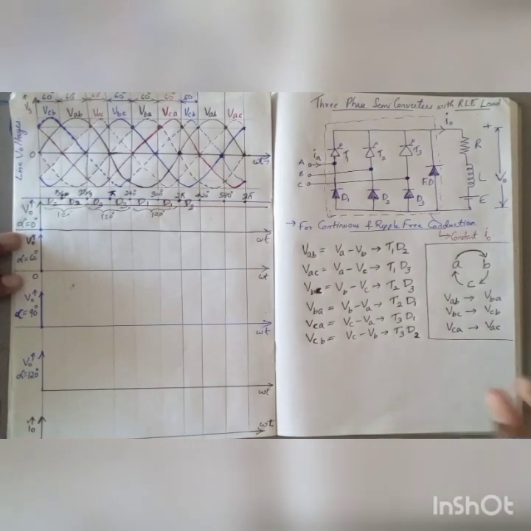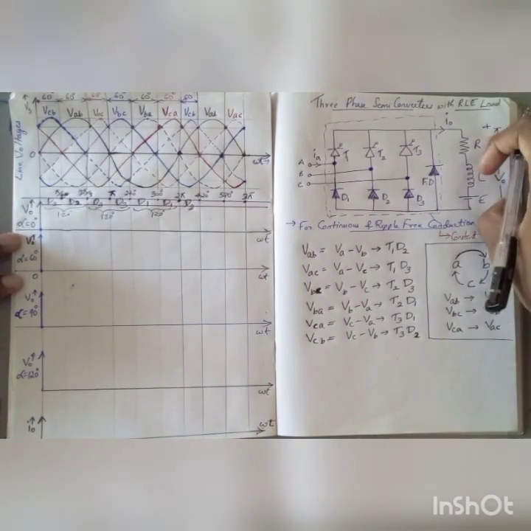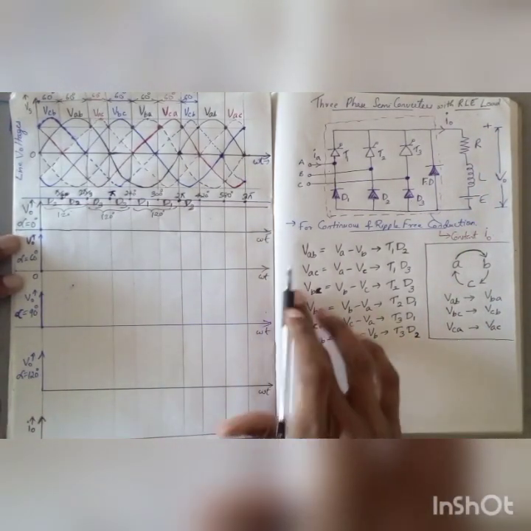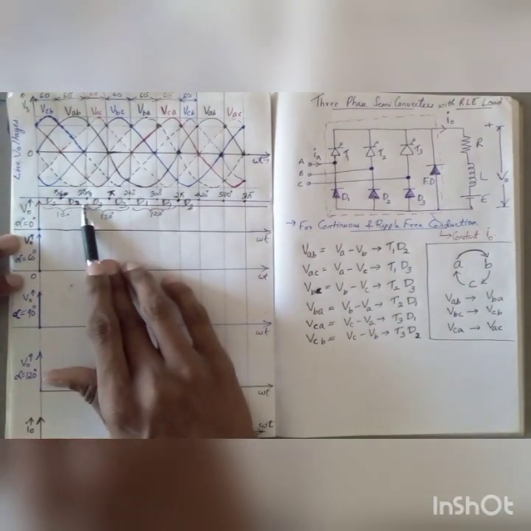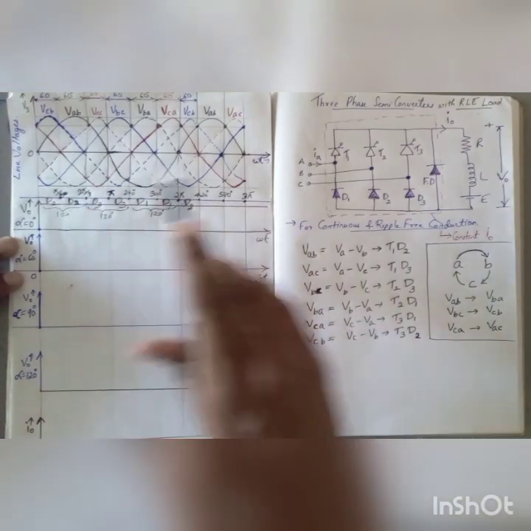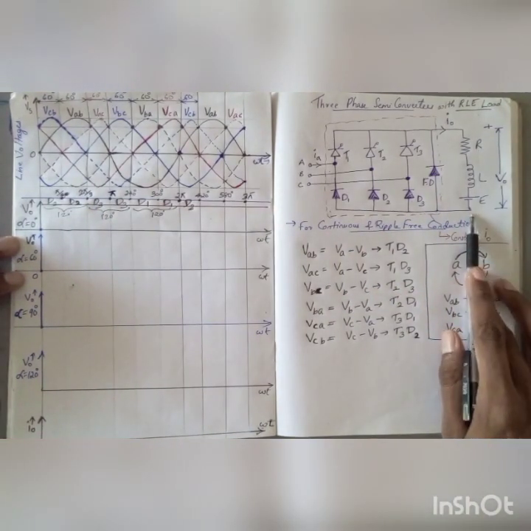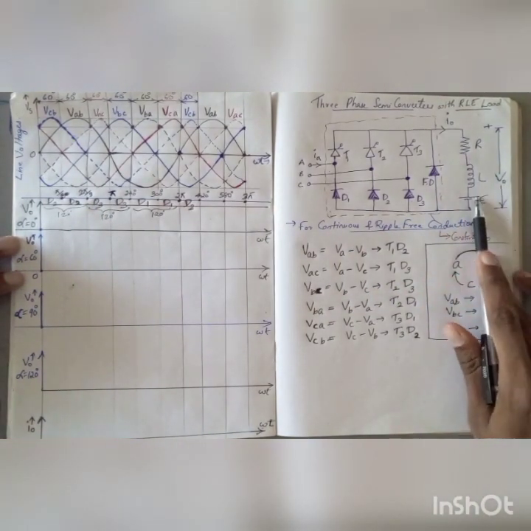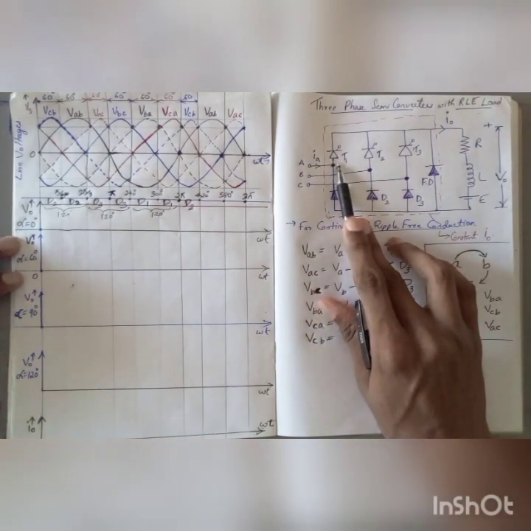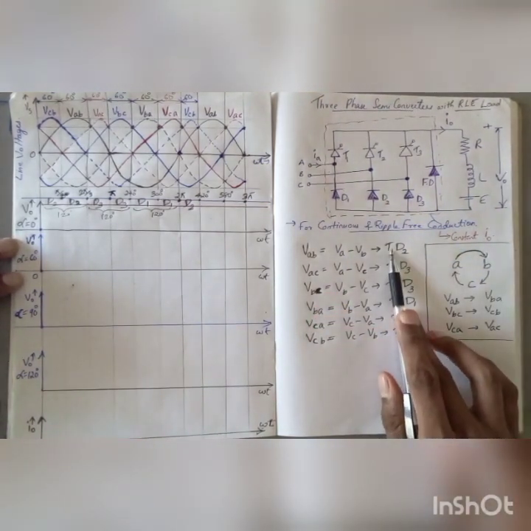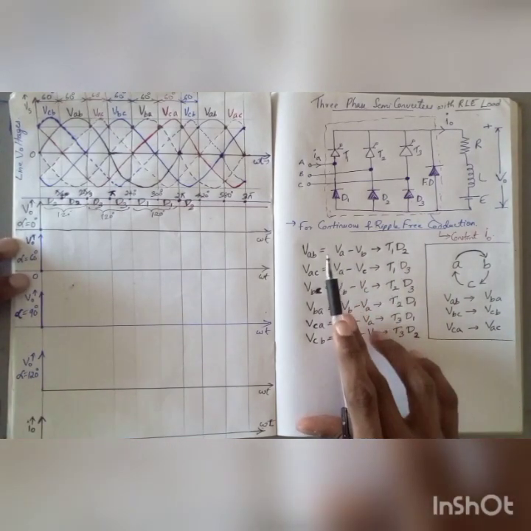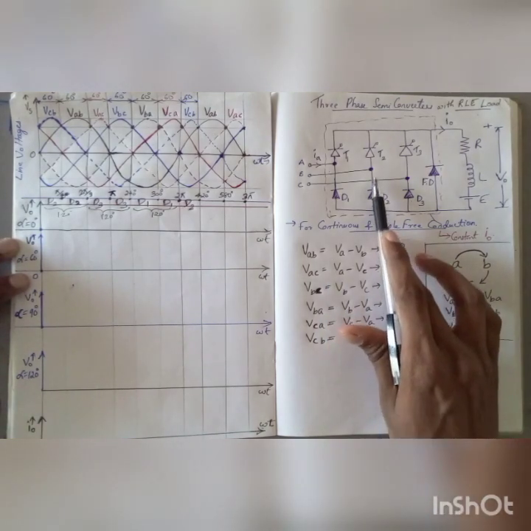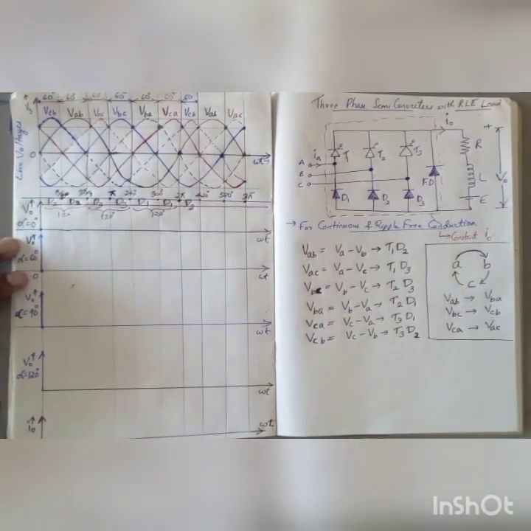Then this entire voltage should appear across V0. As I said, for VAB, D2 will be conducting, and this VAB should reach across the load. In order for VAB to reach across V0, T1 should be conducting. Only when T1 is conducting will VAB appear across my V0. Even if T1 is not conducting, D2 will be in the conducting state because B is negative.